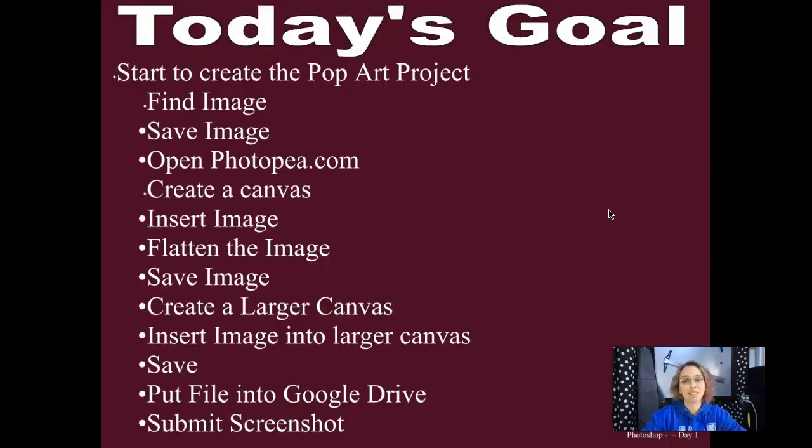Here is a long list of things that we have to do today. So let's go ahead and jump right in. First, we're going to work on finding an image, save that image, and then we're going to open up our online program. From there, we're going to create a canvas, insert the new image into that canvas, flatten the image, save that edited image. Then we're going to open up a larger canvas, which is going to be our working file. And then we're going to insert that image onto the larger canvas, save it,